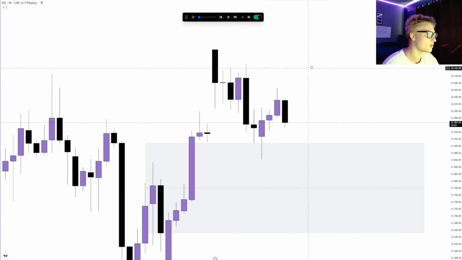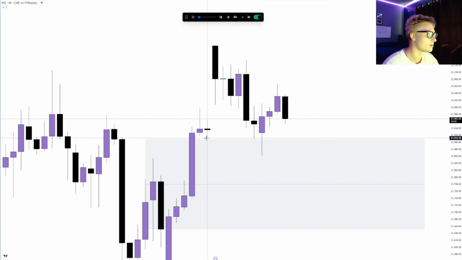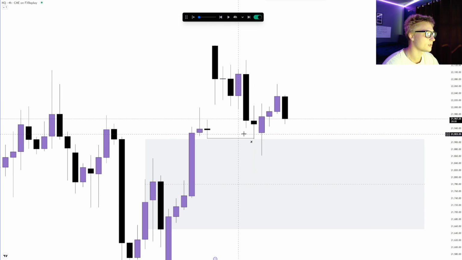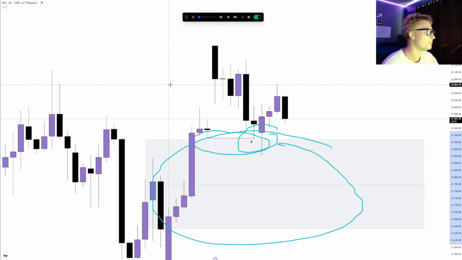We'll go down to the 4 hour. Now we can see a clear reasoning for this run higher, right? We had a liquidity sweep here, took out this low. Nice wick rejection. What I'm always keeping my eye on is the wicks. You can see how we kind of form this rejection wick. Just this wick alone and this sweep and this PD array rejection, this is helping me with my bias a